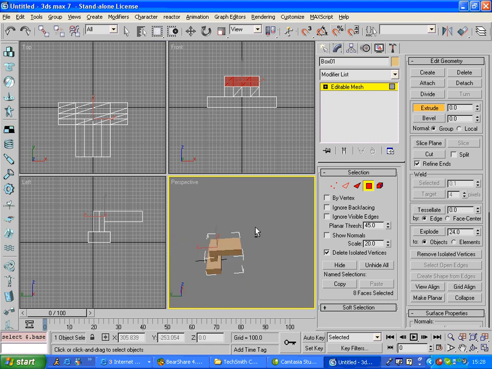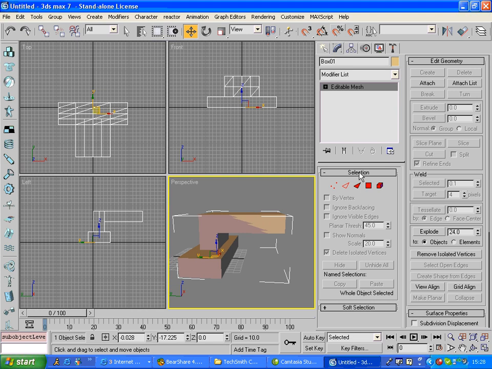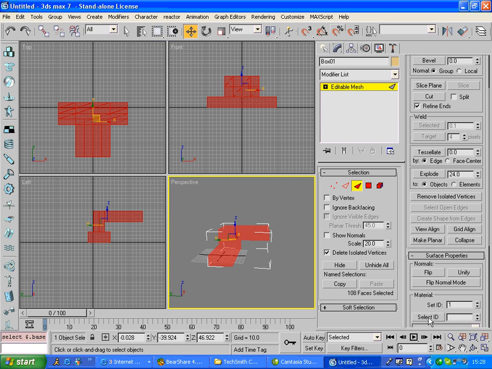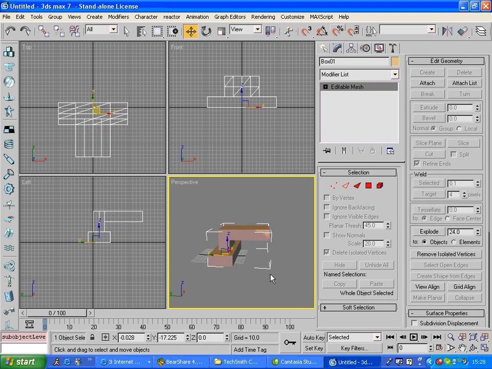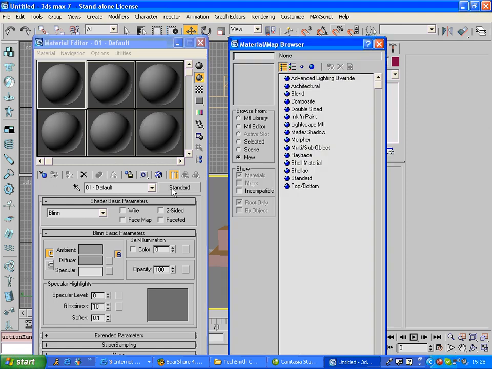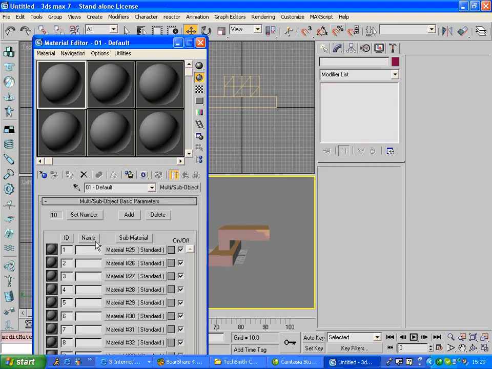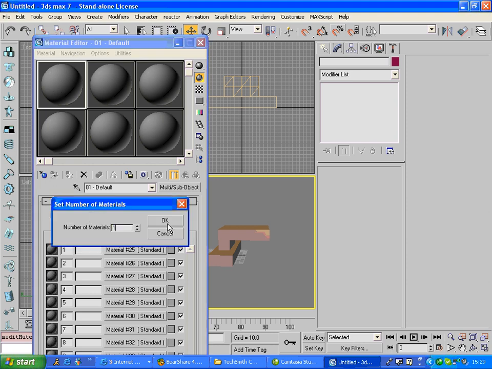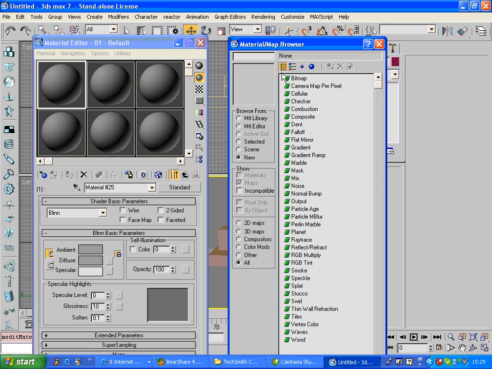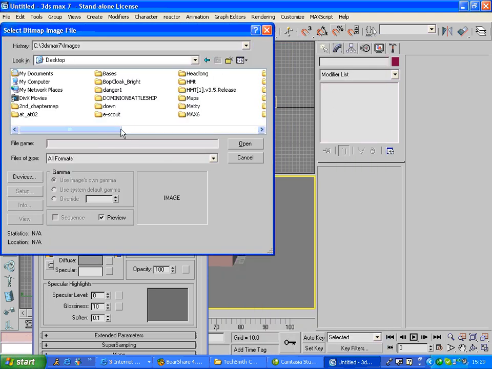Okay, right, so that's my piece of scenery. Very random, yes I know. Right, so I'm just going to quickly texture it and select the whole thing and give it an ID of 1. Okay, right, hit M and then go standard, change the multi-sub object, discard all material, set number to 1, click on the first material, click on the box next to diffuse, go to bitmap, and just go to our Halo